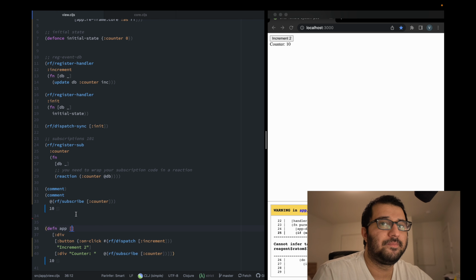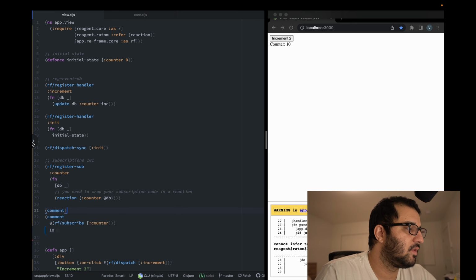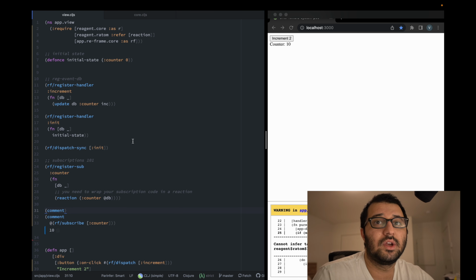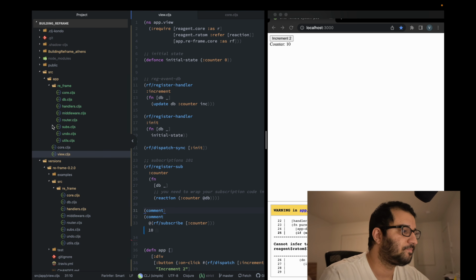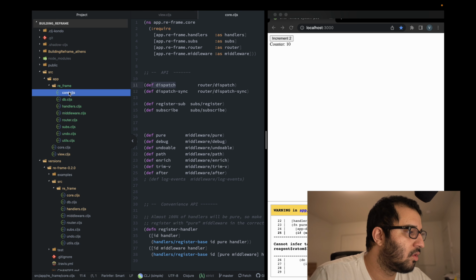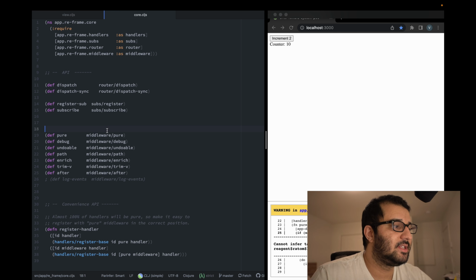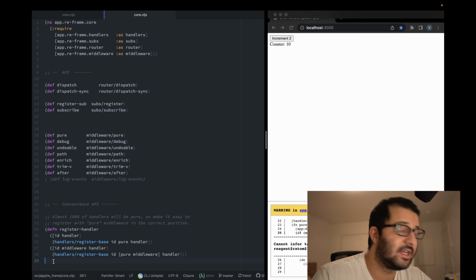And then, yeah. So next, let's go to the code base and see what's inside it. The first thing when you are looking at a code base is to use the code, right, to understand how it works. Since we have already done that, let's go and see the implementation. So we'll go to core.cljs, and this is it. This is the official re-frame 0.2, and it is 39 lines of code, and this namespace has 4 dependencies: